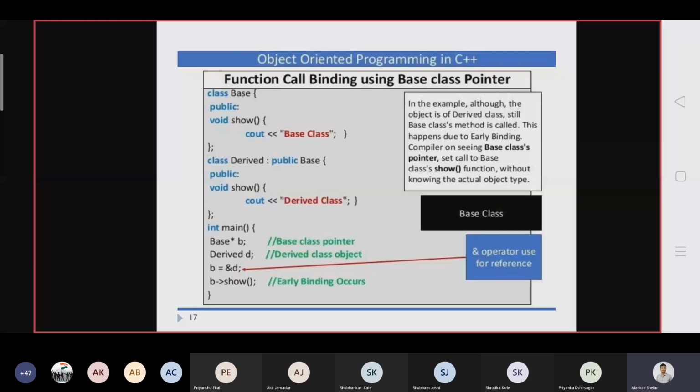So virtual void show. So in this case, the base class has virtual void show, and the derived class has a normal show. Now show is not called from the base class. It is called from the derived class.